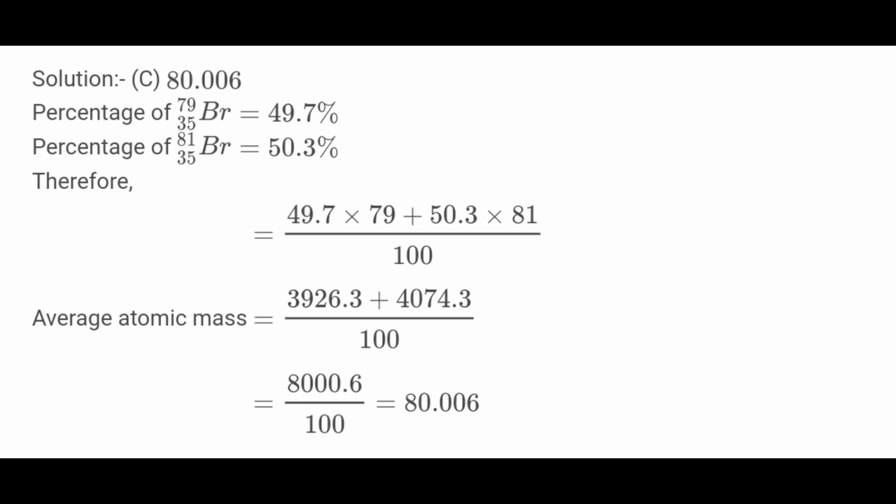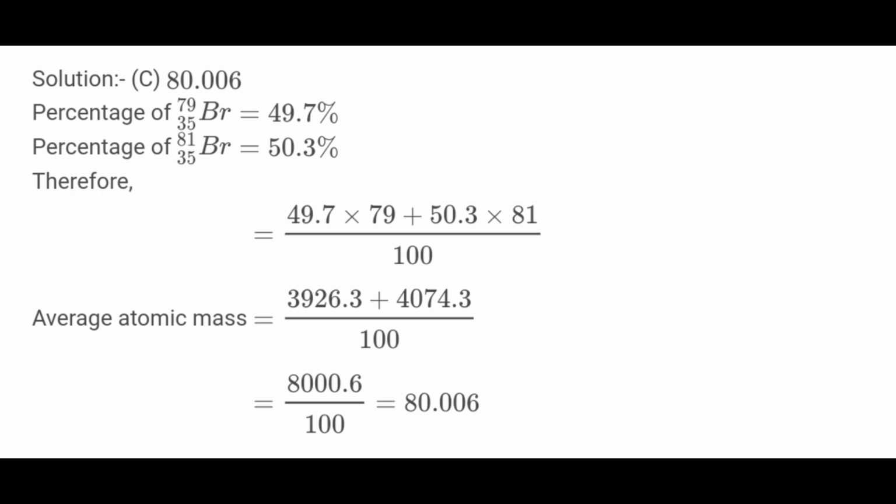atomic mass of 81. The atomic number is same. The percentage abundance of bromine with the atomic mass 79 is 49.7, that is around 50. And percentage abundance means how much of the bromine 79 isotope is present in a cylinder of bromine, or if I am carrying a certain quantity of bromine, how much is the bromine 79 or bromine 81 present in that cylinder. So the percentages of these two isotopes clearly show that they are equally present, like 49.7 is around 50%,